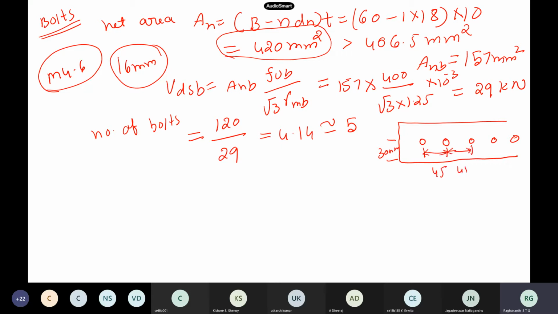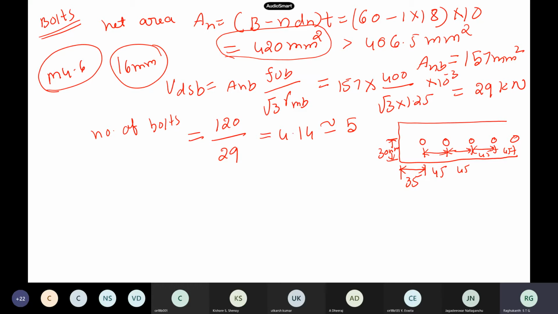Okay, so use that one. So now 45, you follow, right? So 45, then this is also 45, and then the end distance also. What is the end distance, edge distance? You remember those numbers? 1.5 times diameter, 1.5 or 1.7, you remember, no? Those things are there. So let us say I have provided 35. So this is 30 mm actually. Okay, so these are the numbers. So now end distance 35, edge distance this one. So this is how the connection should look like.